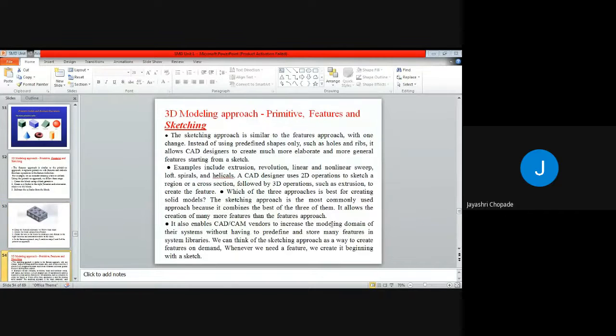Now next is the sketching. So sketching is the basic in case of 3D model. Sketching is similar to the feature approach with one change. Here, instead of using predefined shapes only, such as hole and rib, it allows the CAD designer to create a much more elaborate and more general feature starting from the sketch.